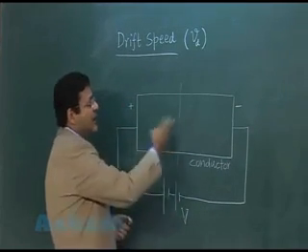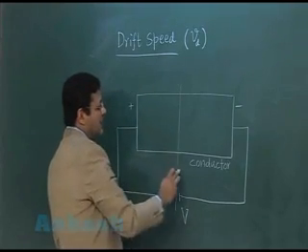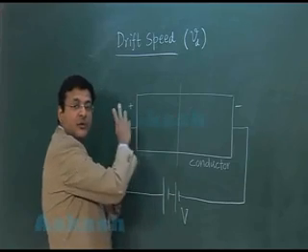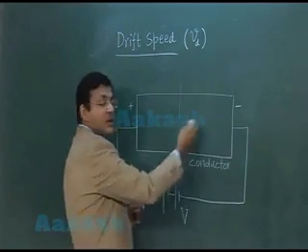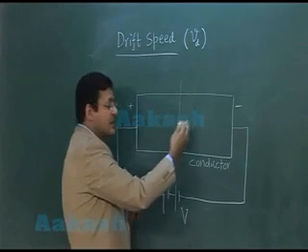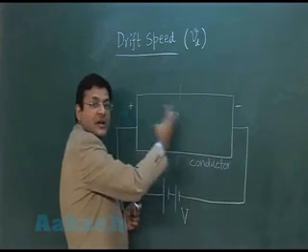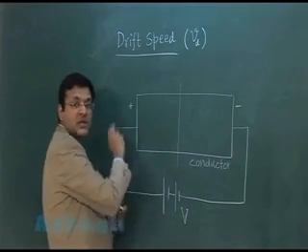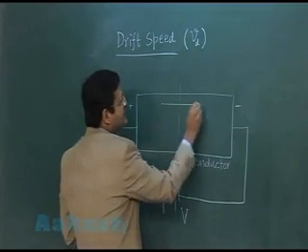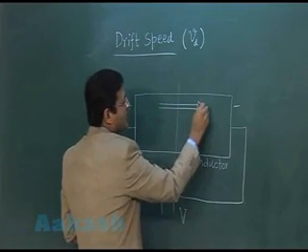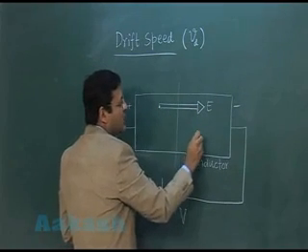Even now the random motion of electron continues. But in the presence of this positive voltage here and negative voltage here, you can understand that the overall flow of electrons will be to the left side. Why? Because now electrons are experiencing a force due to this higher potential. It is something like an electric field has been set up in this conductor, which will try to